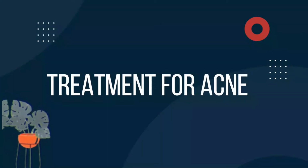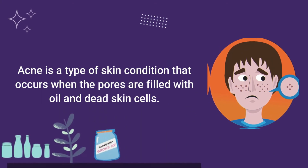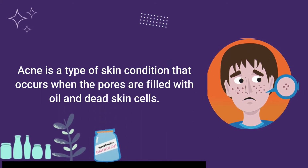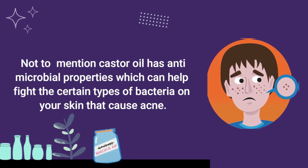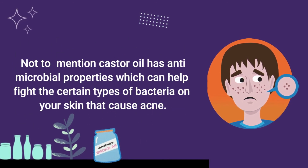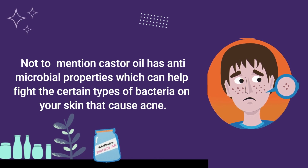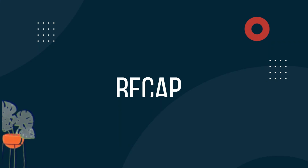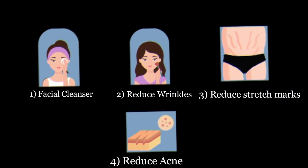Castor oil can also serve as an effective treatment for acne. Acne is a type of skin condition that occurs when the pores are filled with oil and dead skin cells. Not to mention, castor oil has antimicrobial properties which can help fight the certain type of bacteria on your skin that causes acne. So just to give a quick recap, some studies have shown that castor oil is effective and